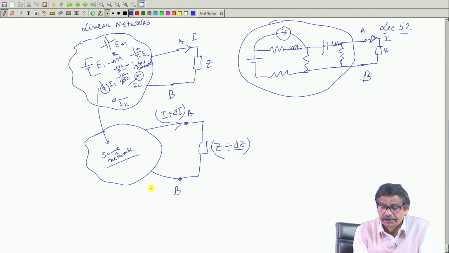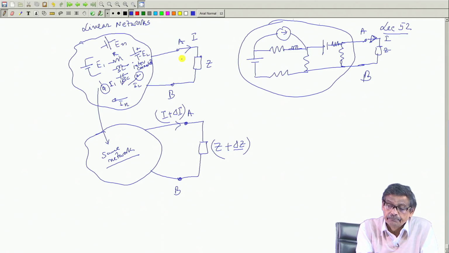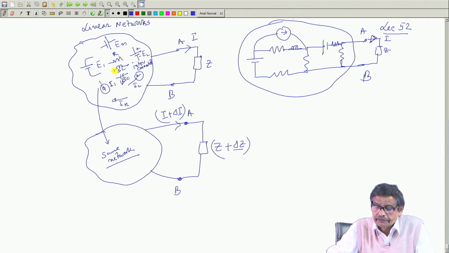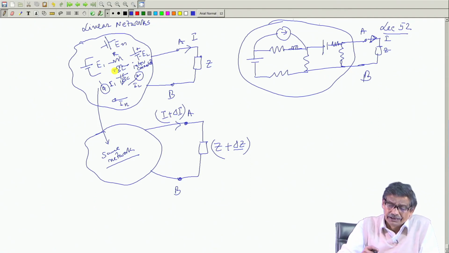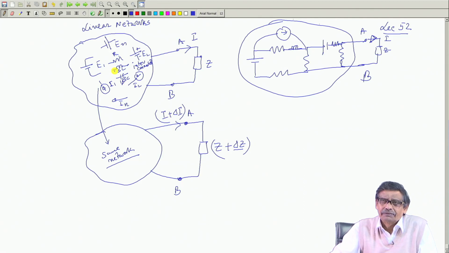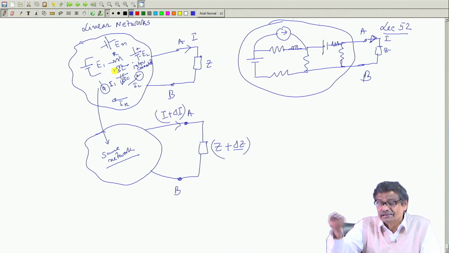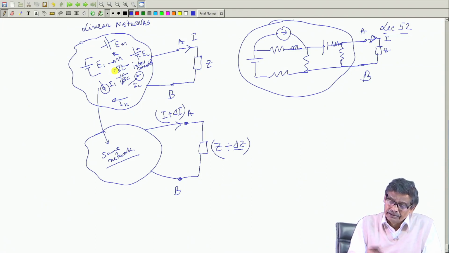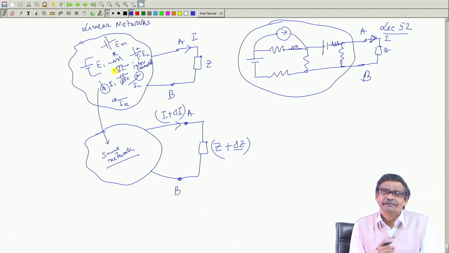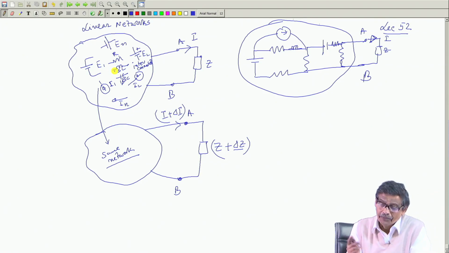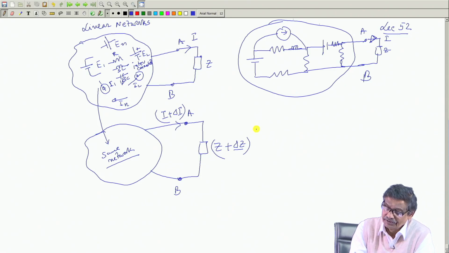So, my goal is to find out the new current when Z has been changed to Z plus delta Z. These 2 points A B are the same, this network is the same, where there may be several sources connected. Therefore, solving the circuit once again may look tedious. What is the point, with all sources considered, simply because you have changed impedance in some branch of this network, that I have to go through all this ordeal to find out this new current? Now, there may be another way of thinking to attack this problem.